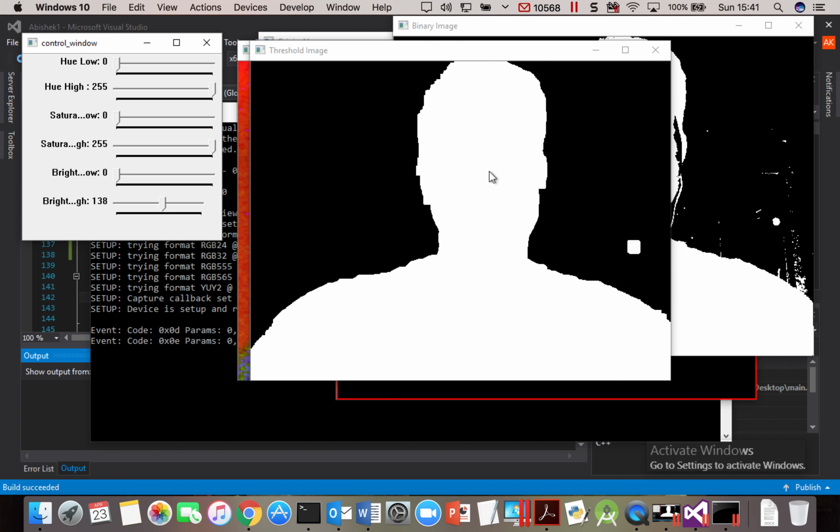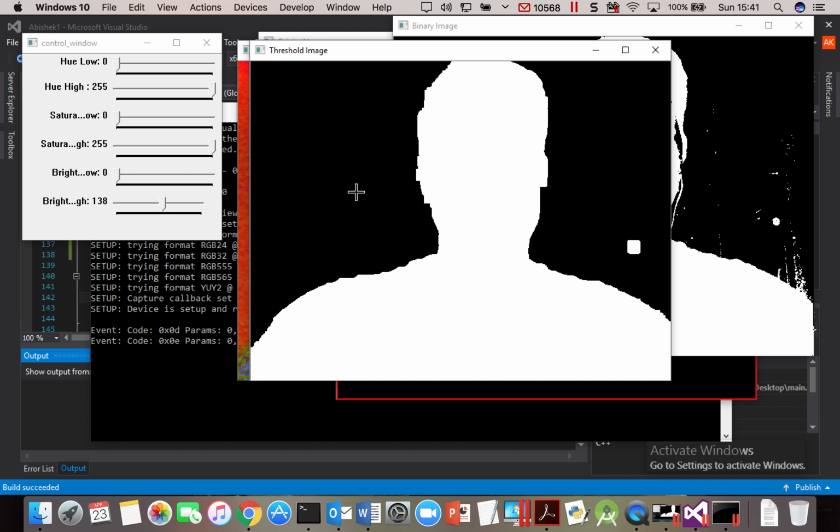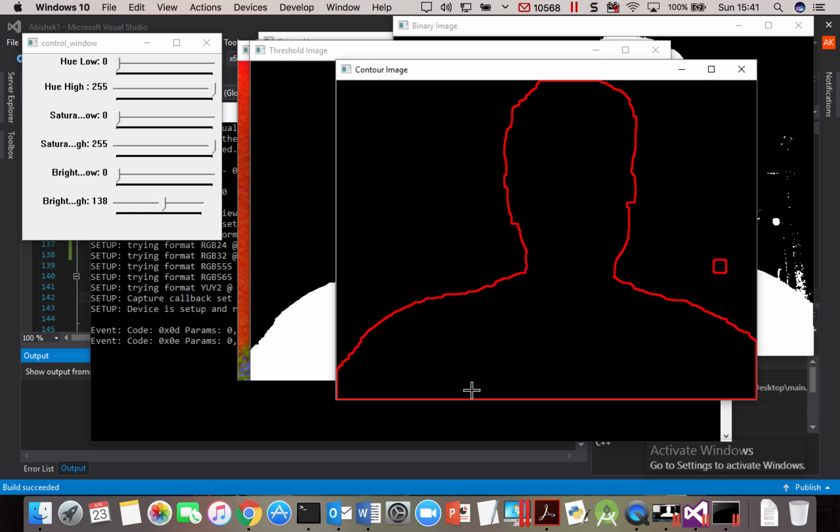So you can see that in this case, if you kept the brightness high at 138, the binary screen shows a bit of the noise. You can see the door and the knob in the background, but in the threshold image, due to erosion and dilation, you can see the outline of the body perfectly, and the background is almost completely blank, which is exactly what we want. And now we go to the contour screen, where it shows the contour from the threshold image,